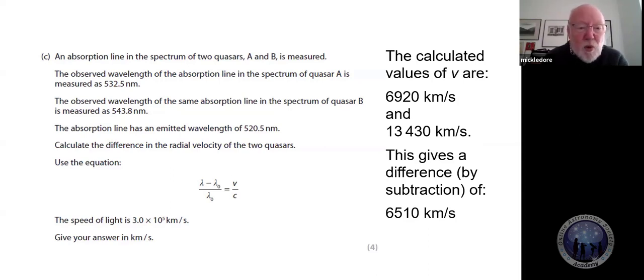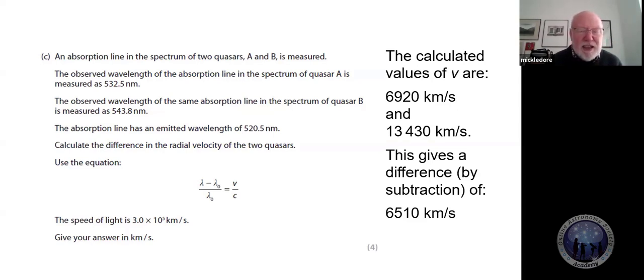I don't know why they're asking us to do the same thing twice, but I really don't think that those absorption lines in the spectra of galaxies are quasars. The redshift is much too small. Remember, these are very distant objects, very distant active galaxies. Not with redshifts of point something or other. Redshift of 0.02 means they're receding at 2% of the speed of light.